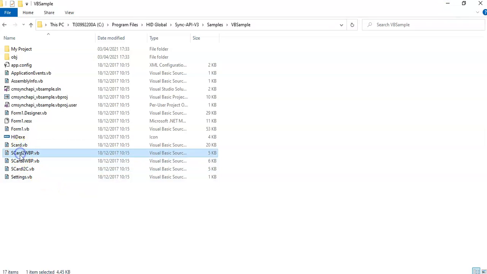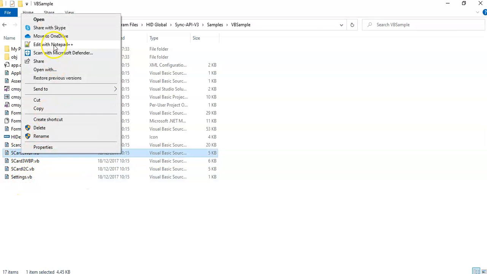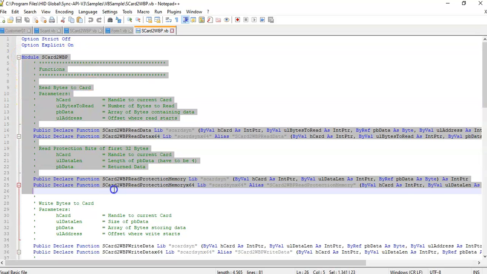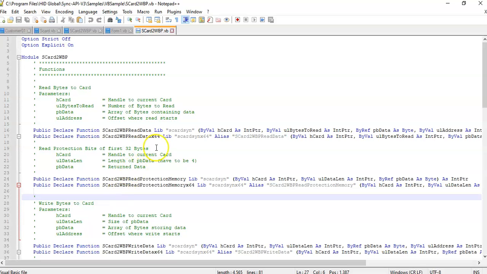So after that, you have to look into this SCARD2WBP. SLE4442 is a 2-wire memory card, and this one, the SLE4428, that's a 3-wire memory card. So open this. This is where you see all the declarations to access the functions in the DLL. Now all the functions you need to read and write are available here. You can just use this module as it is, it will work. That's what we have done. So this is the function. You got function called